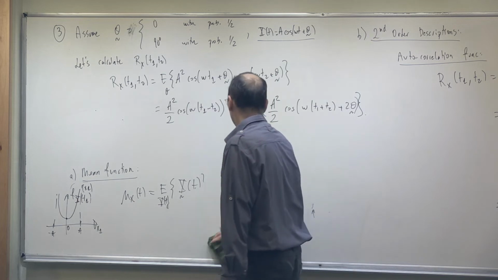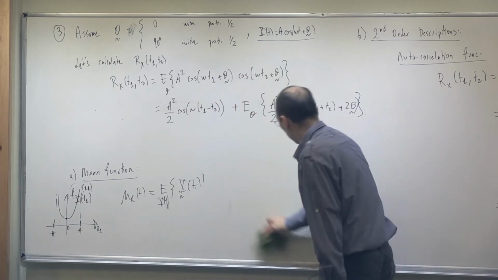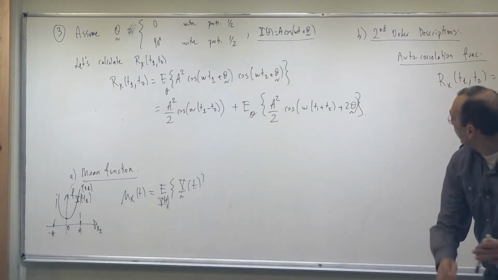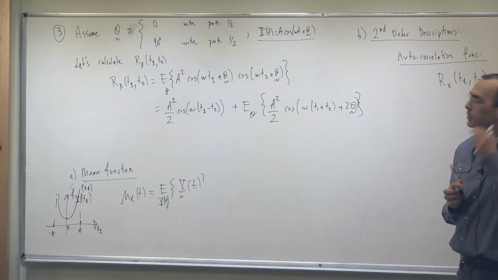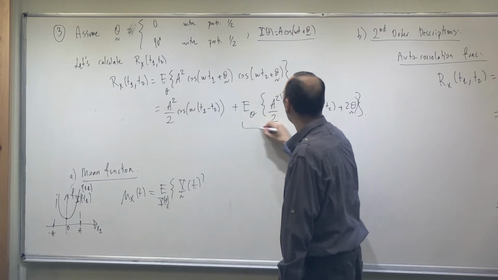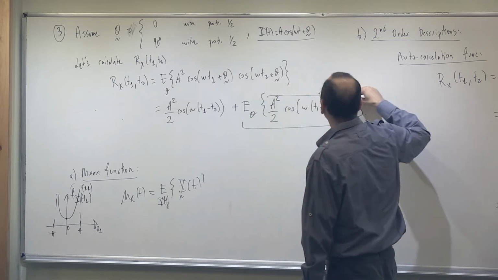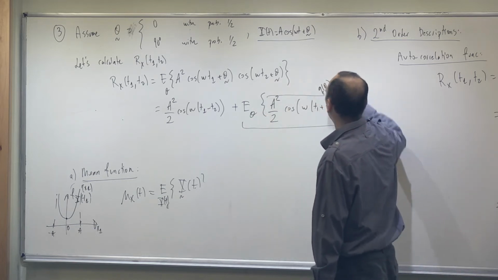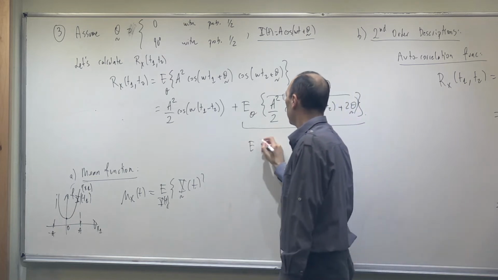Actually, this is even easier. Why is it easier? Well, how can you calculate this expectation? Since this is discrete valued, you can calculate this. Let me call this g of theta. Okay? So you can calculate this like this.